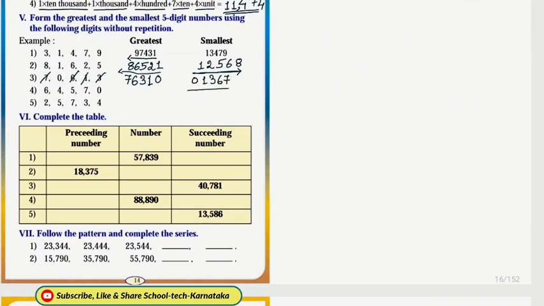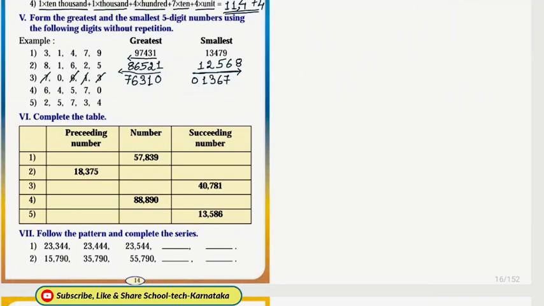This is not a 5-digit number, but this is a 4-digit number, because if the number at the very first place is 0, then you all know 0 doesn't have any value. So if 0 is present before any number, it doesn't have any value. So hence this number becomes a 4-digit number. So to